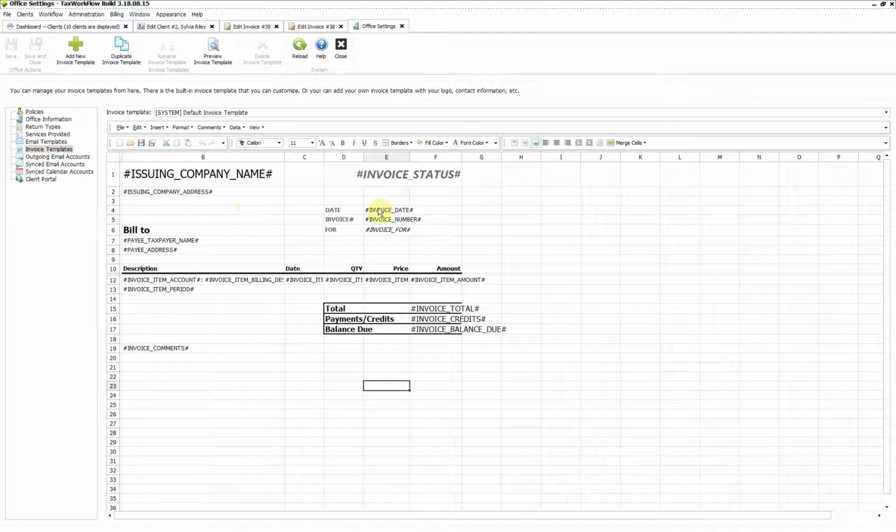Now, an invoice template contains placeholders. You can find the description of the available placeholders in our help here. But for now, we're gonna just take a look at the existing template that is available when you install Tax Workflow. That's a default template, and you can start off customizing it. You can create a copy of this invoice template,